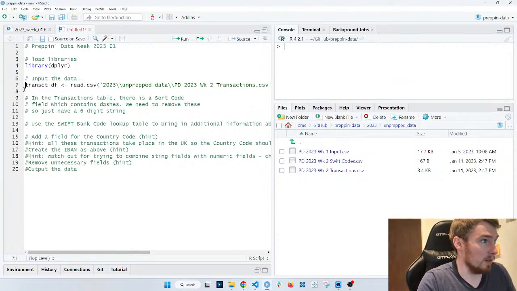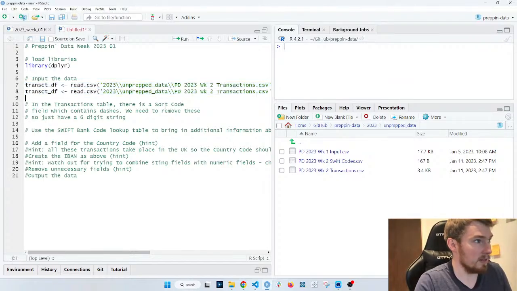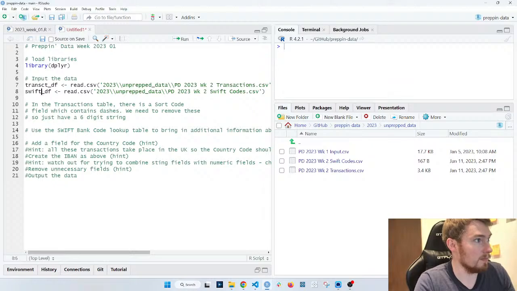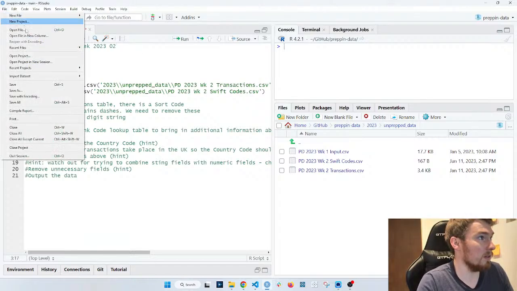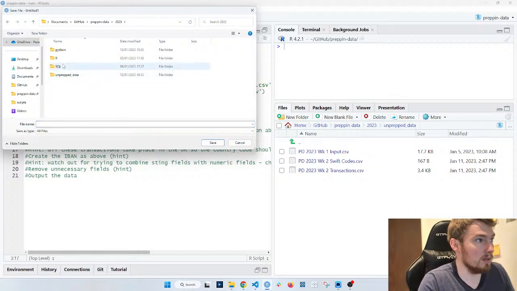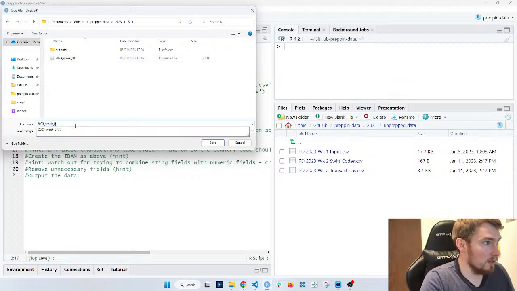Okay, I'll copy that down and do the same for Swift codes, and call this Swift DF. I'm going to change this to week 2 as well, and File, Save As, week 2.